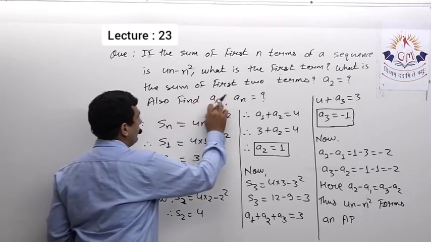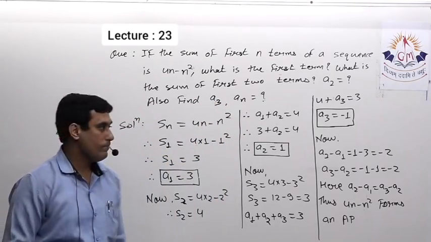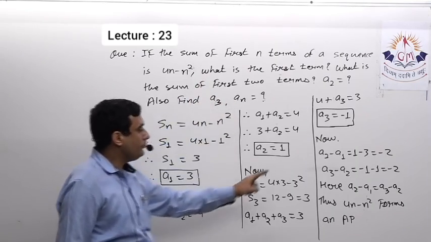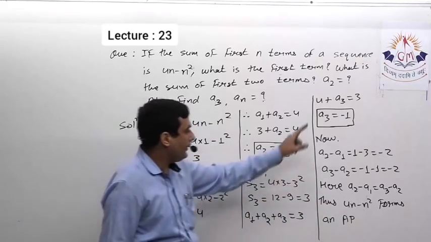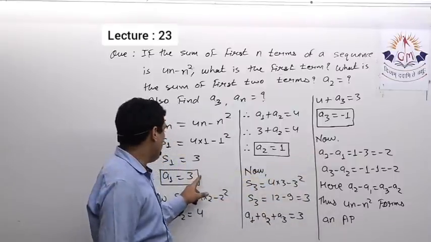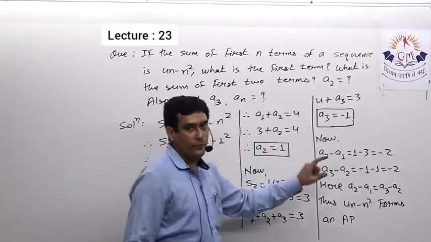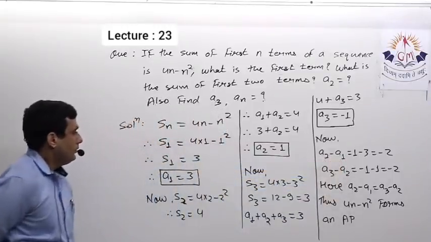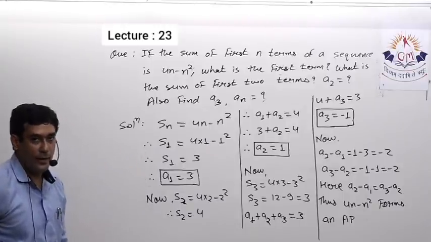Here actually it was a3 that we obtained already. Just to get the value of an, it was necessary to show this is an AP, and to show this is an AP I definitely need the first 3 to 4 terms. So here I got a1, then a2, then a3. Now it's better to get a4 as well, but this is also sufficient. So note it down, then I will finally find the value of an.